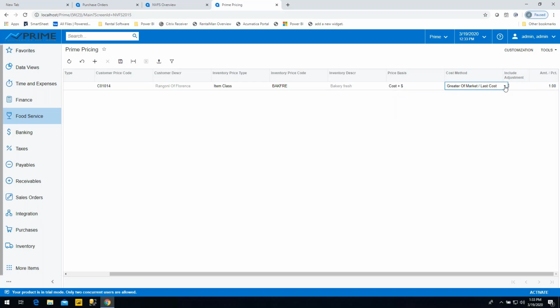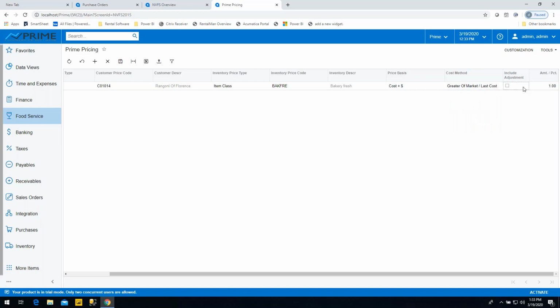For the cost method model, you can determine customer by customer, price class by price class, or item by item. Here is where we set the rules in determining the cost in this particular situation. Is it a market cost? Is it last cost plus landed? Is it my true average cost or some combination of those? What we're defining here is how we will come up with our costs so that we can come up with